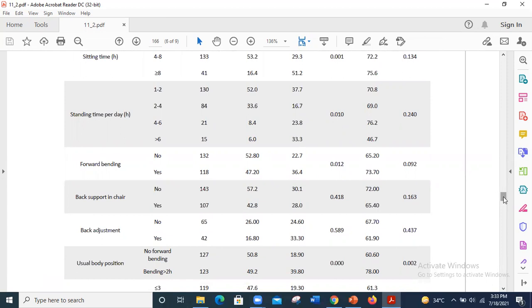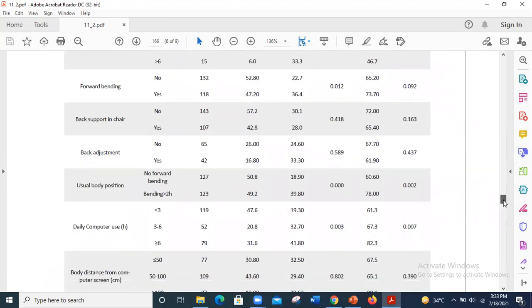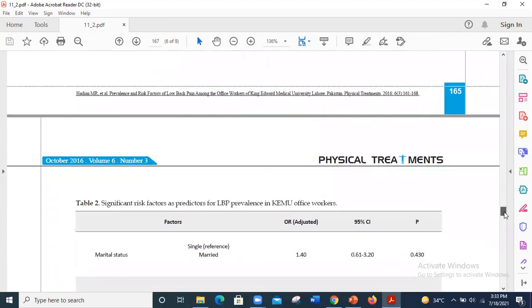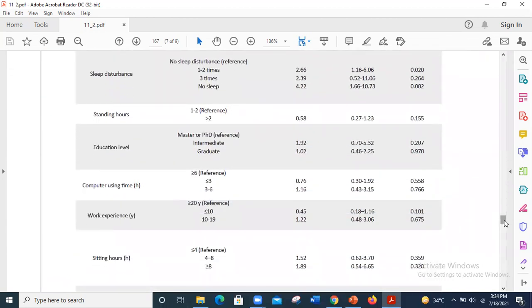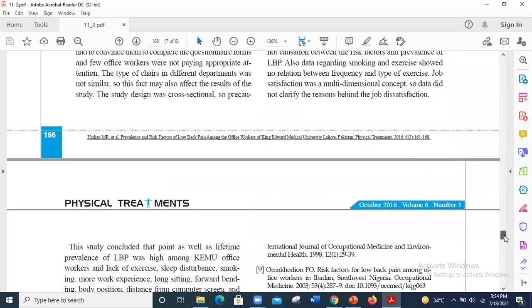You can see, if you want to develop your questionnaire, it's not a big deal. It's so simple, it's so easy, and it's a so time saving method. You can simply check the materials and methodology section. You can simply see a table, and you can pick up all those questions and make your own questionnaire.